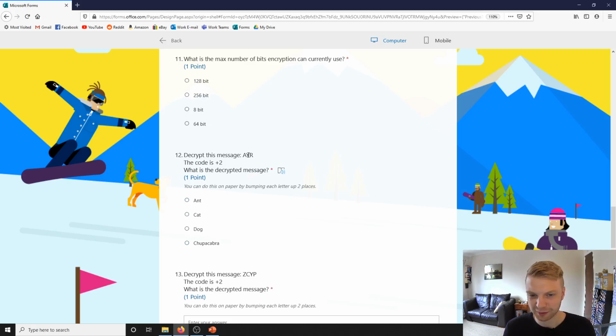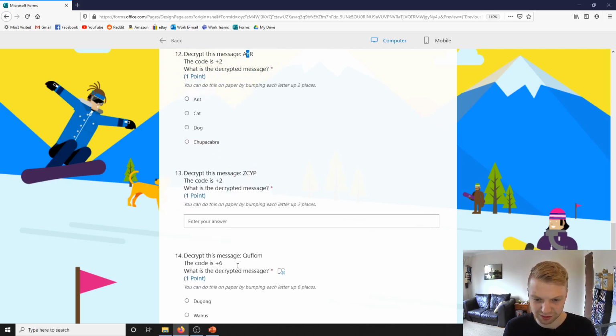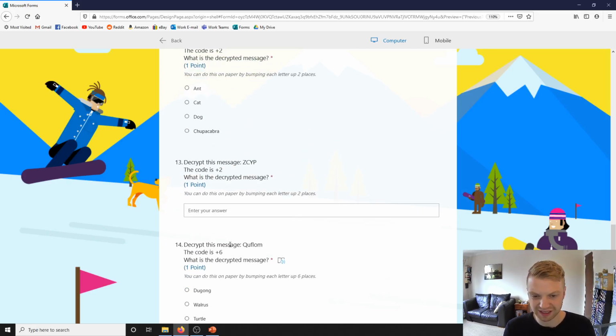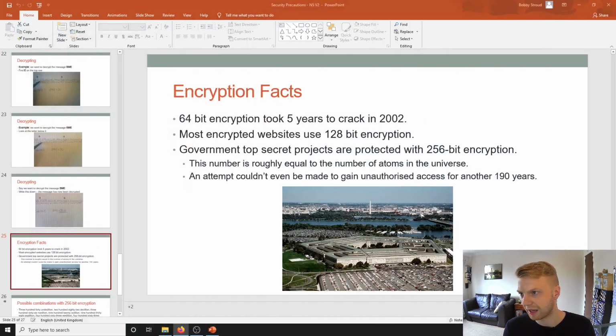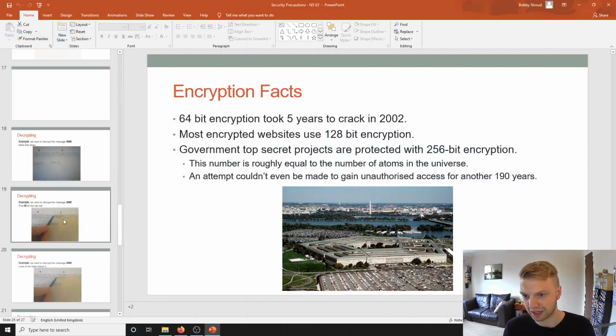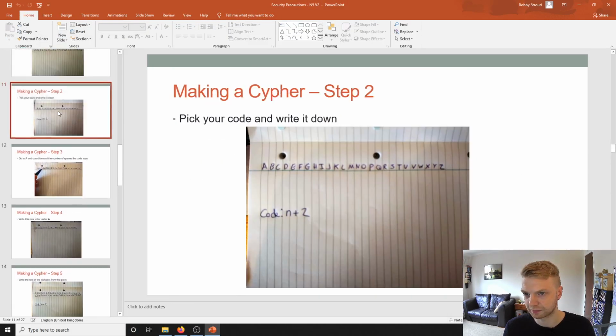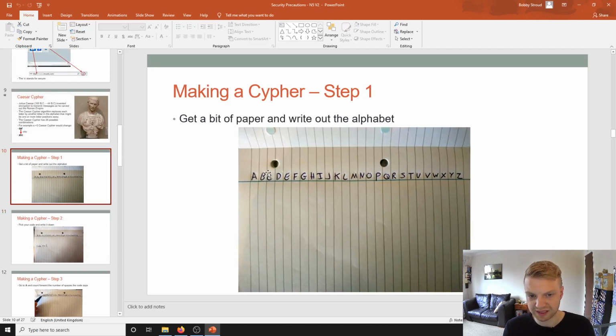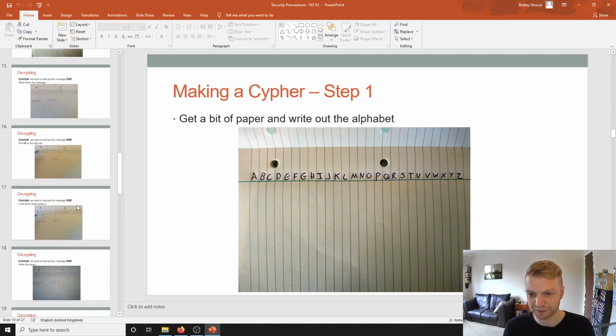And you can even check it when you get to Y. What's 2 letters? Well, Y plus 1 is Z, but then you go back around to A, and it's going to spell cat. And then this one is +2 as well, and then this one is +6. So like I said, you have to make a new cipher, but you count 6 spaces along instead. So you should start off with G, and then you write G there and write the rest of your alphabet. And that's how you do a Caesar cipher.